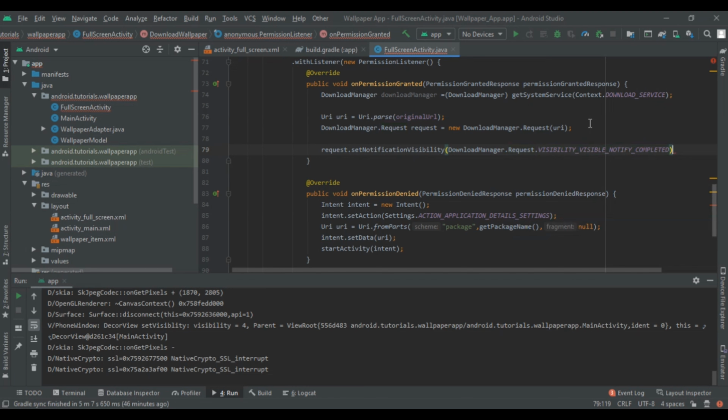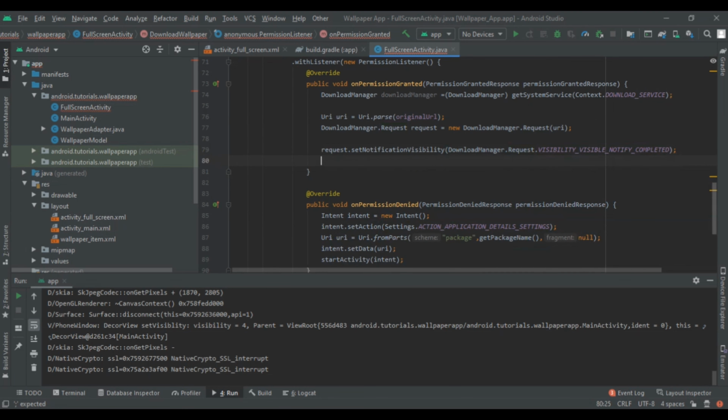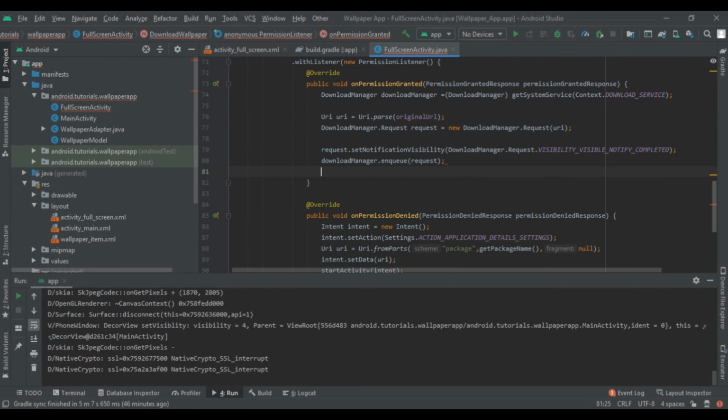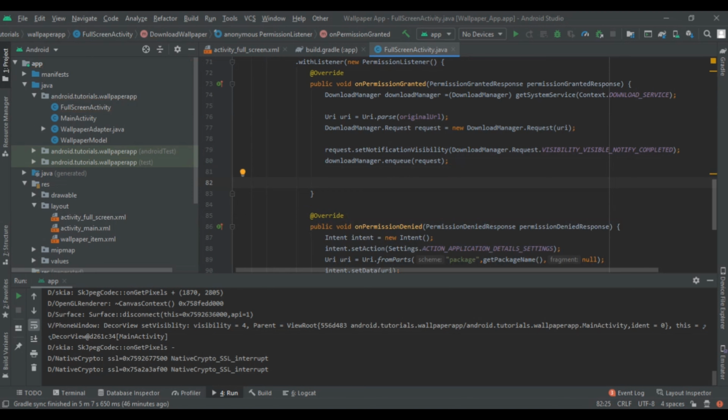So when our download is completed, then we will see this notification. Now we are going to make the download manager enqueue our request. So the download manager object, not that new download manager, dot enqueue this request. After that close this, and this will already download the image, but that image will not be shown in our application.